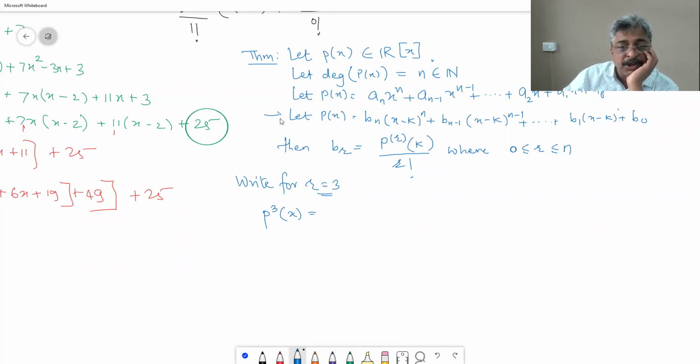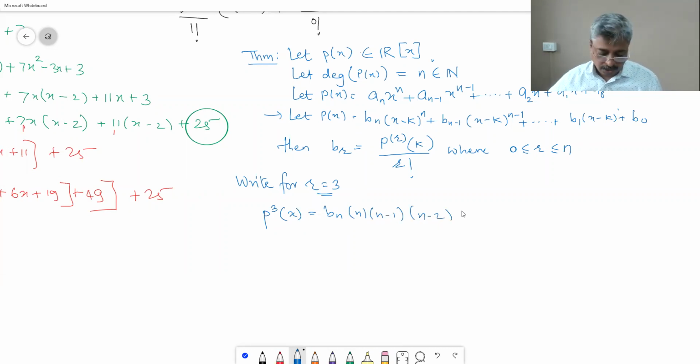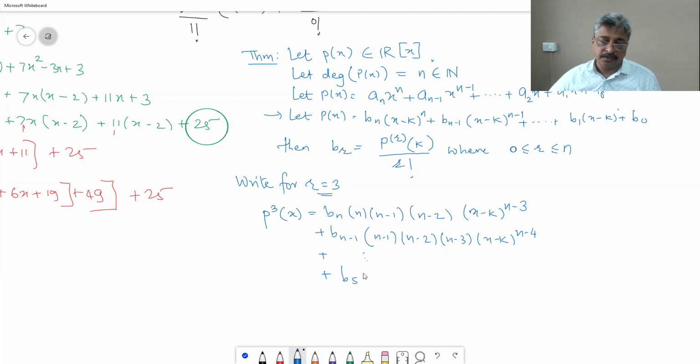In this second case, if we check P3 of x, it will be Bn into n into n minus 1 into n minus 2 into x minus k raised to n minus 3, plus Bn minus 1 into n minus 1 into n minus 2 into n minus 3 into x minus k raised to n minus 4, plus dot dot dot plus b5 into 5 into 4 into 3 into x minus k raised to